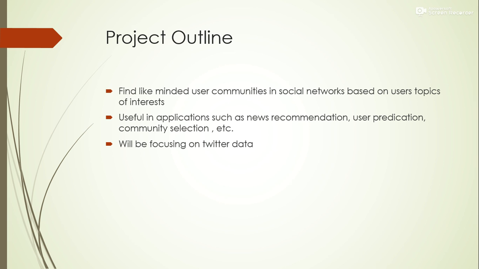There are two main approaches when trying to find like-minded user communities. One is topology-based while the other is topic-based. For topology-based, the user's social network connections are taken into account, so who they are directly connected with. However, this does not necessarily provide the best results, as people who are connected don't always necessarily have similar interests. They can be connected just because they are friends or family or relatives, and that does not necessarily mean they have similar interests or opinions.